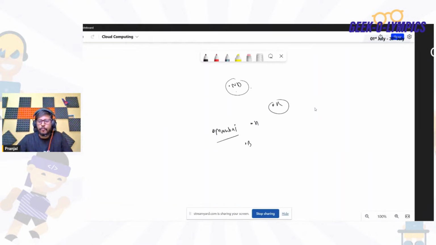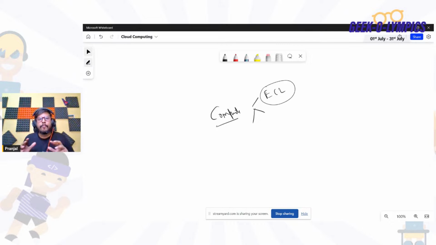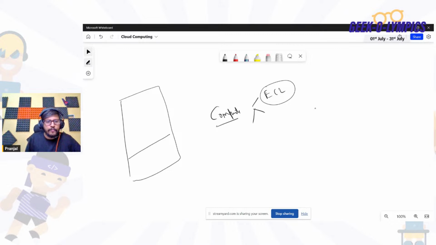One very important thing: in compute, we have basically three categories. One is EC2, and I'm going to take AWS as the example. With EC2, you manage the infrastructure, the IaaS. If I draw it this way, firstly here we have the infrastructure layer, then we have the platform, and then we have the application layer.